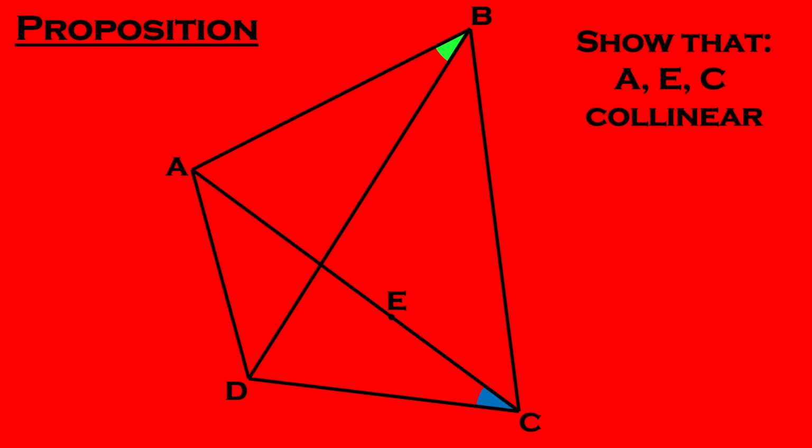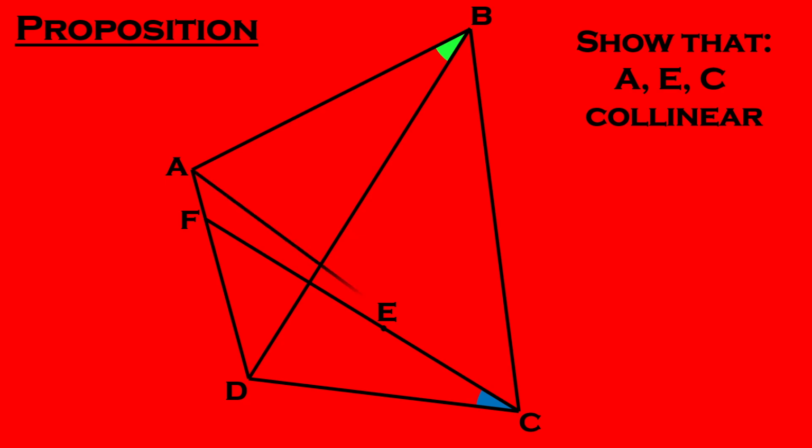Now, if we somehow manage to prove that the first two scenarios are false, then the only thing that will remain is that point E must be such that if we extend EC, then it will intersect AD at exactly point A. And because of that, points A, E and C must be collinear. So, how do we do that? Let's assume that the first scenario is true.